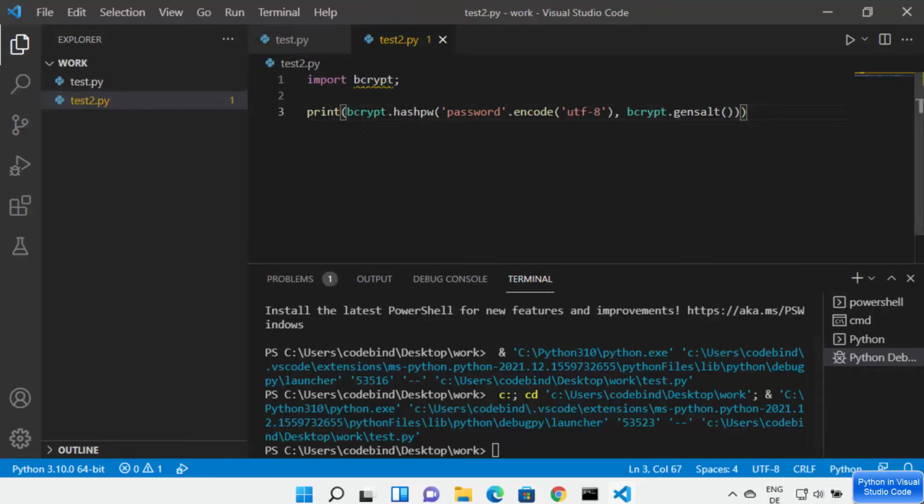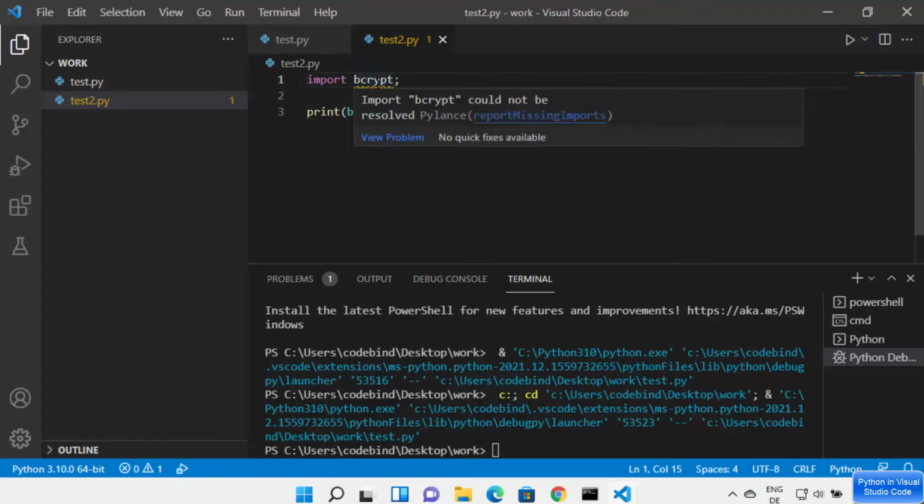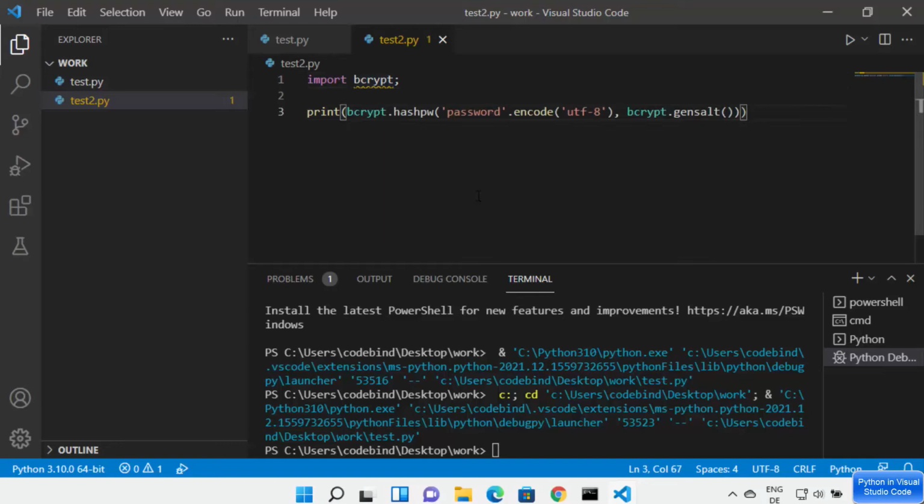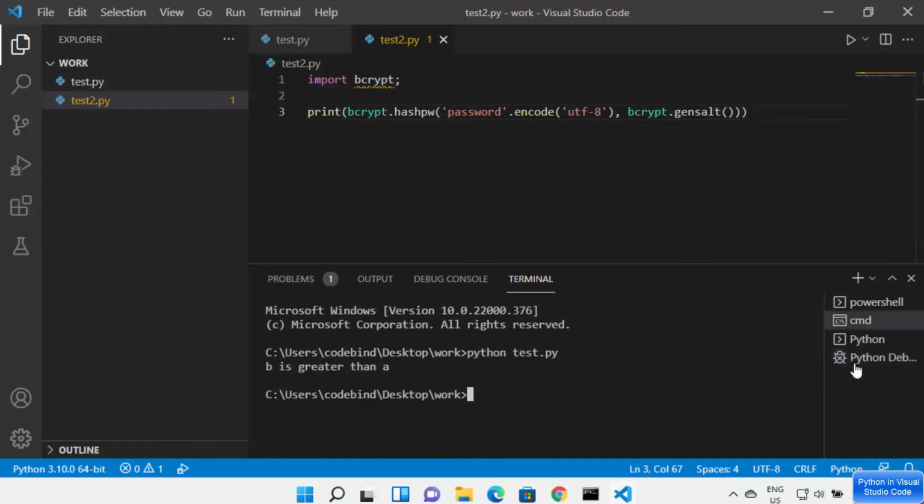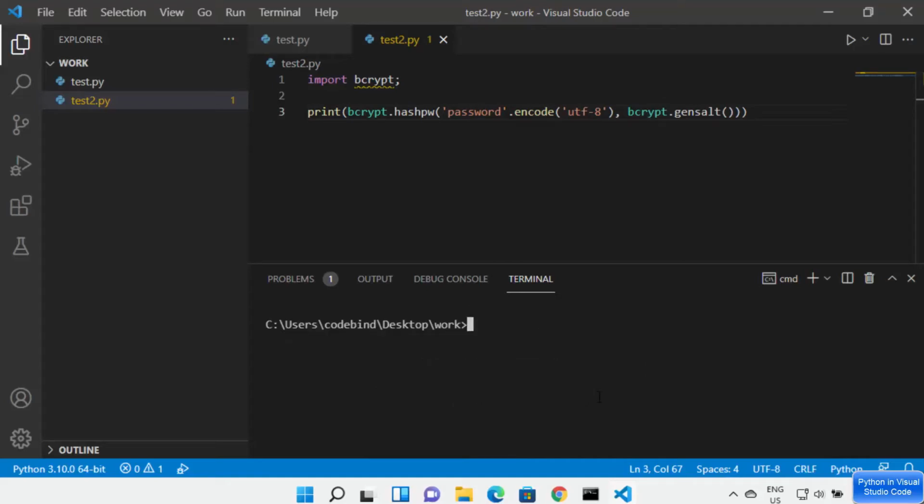And here in my test2.py, I have this very simple Python script which uses a package called bcrypt, right? Right now, you can see this yellow squiggly line here which says import bcrypt could not be resolved because we haven't installed this package using pip on our project. So let me just close all these terminals. I just want to use one terminal, which is the command prompt, and let me clear this command prompt here,